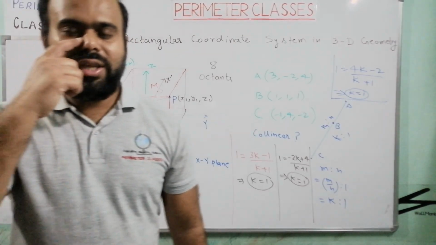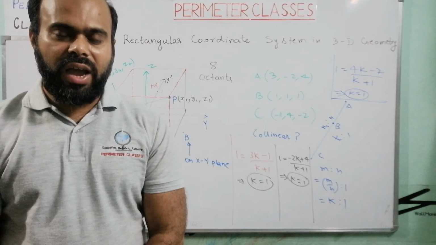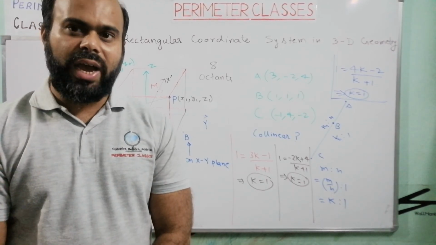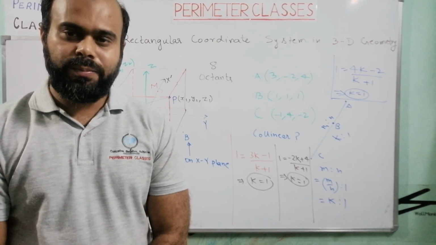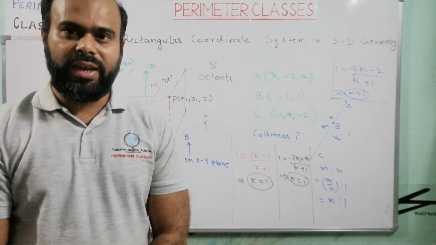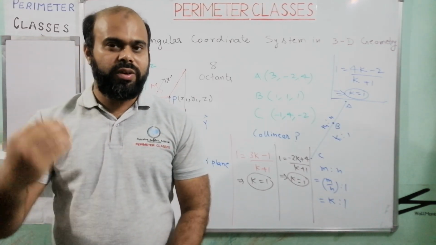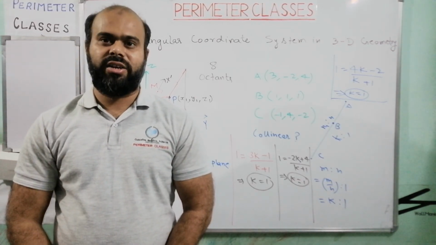So this was the first lecture, which I have told you. In the upcoming lecture, we are coming to direction cosines of a line, and direction ratios of a line, which is again a very important topic if we want to proceed further in three-dimensional geometry and vectors.